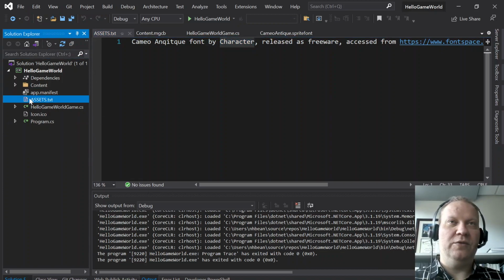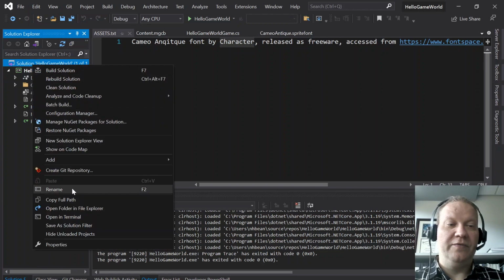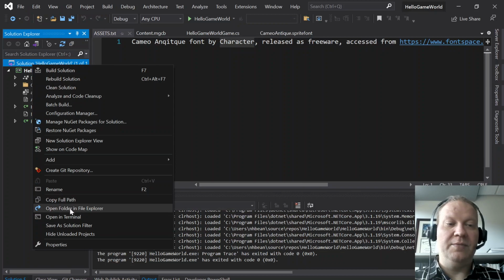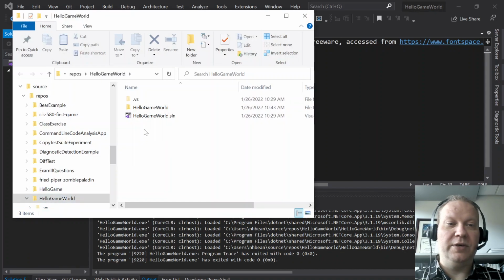So we have a full solution here. That said, it's not in a Git repository yet, so I'm going to go ahead and add that step. One of the things you really want to do when you do that is open your solution folder. So we can right click on the solution, come to open folder in File Explorer, and we want to